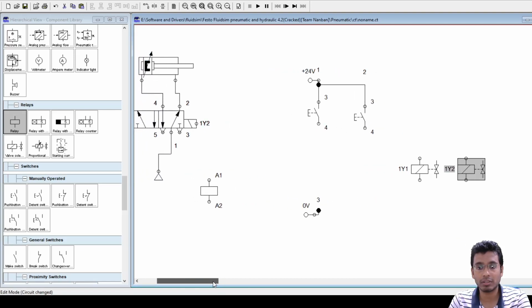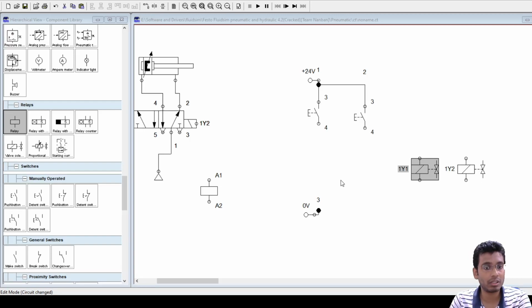Sir, I am not able to find the 1y1 naming, even by clicking on the valve solenoid, sir. Valve solenoid, when you double click on that, do you see your label comes? You have to type those labels one by one. No, it directly goes to the properties of that valve solenoid, the big window. For example, when you double click, this small window does not come like this. No, in your screen it's not visible, but in mine also it just comes as a big unit as properties. I don't know why, sir.